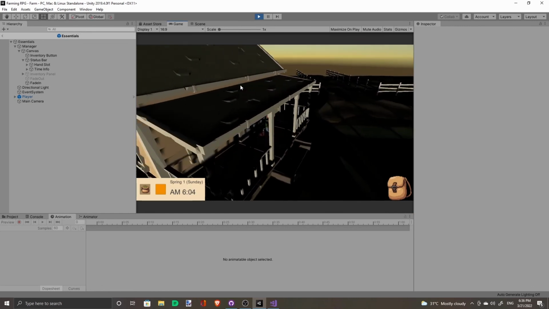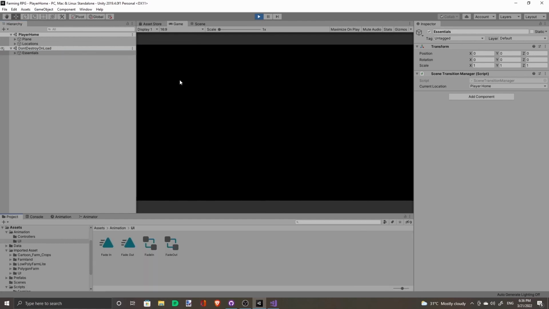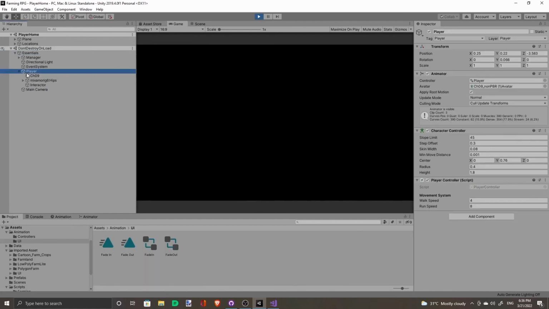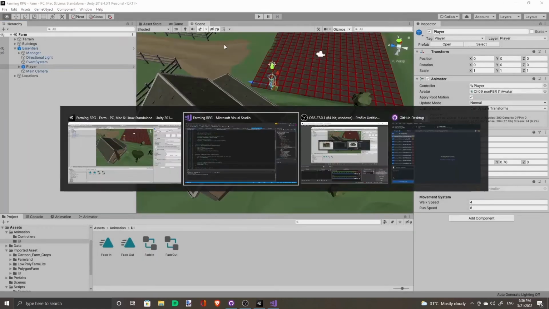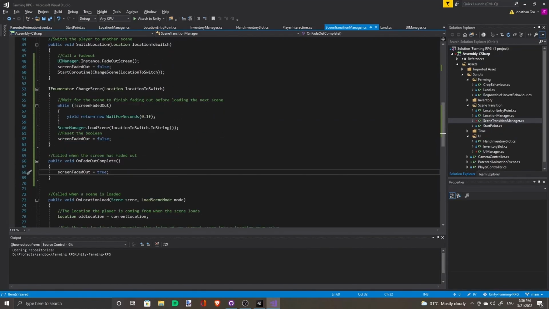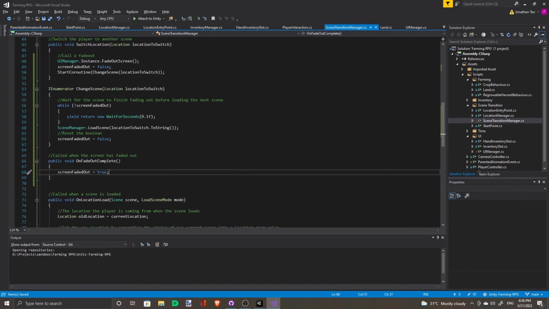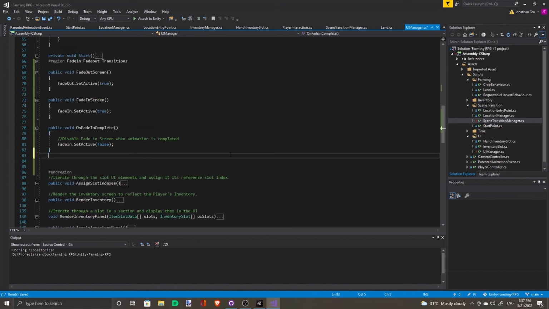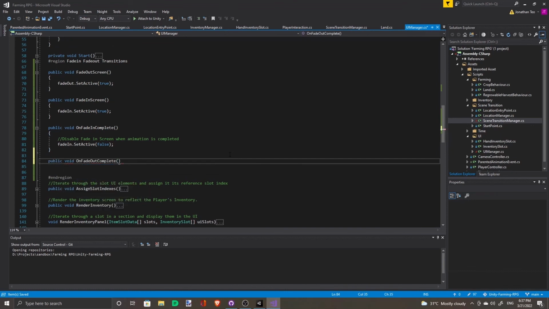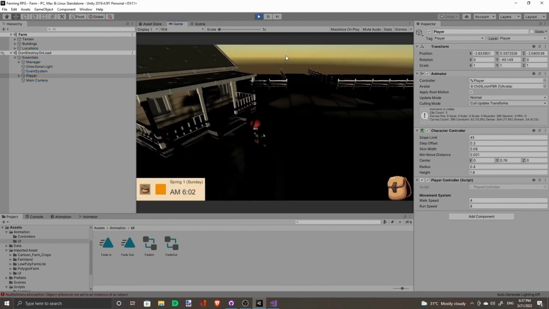So now when I want to enter house, oh, that is because on screen fade out, when fade out complete, fade out needs to, let's see.